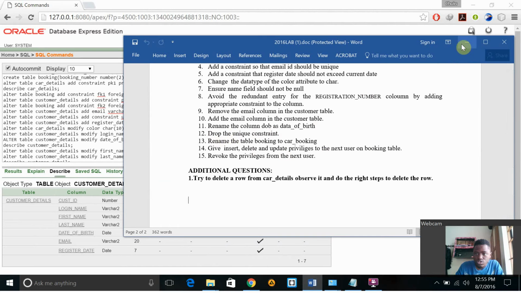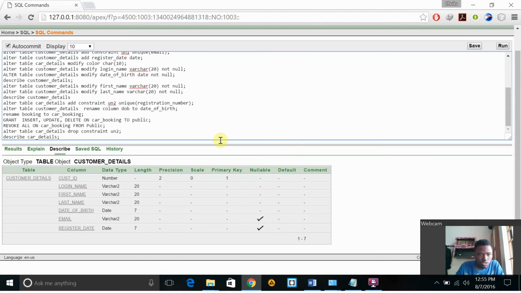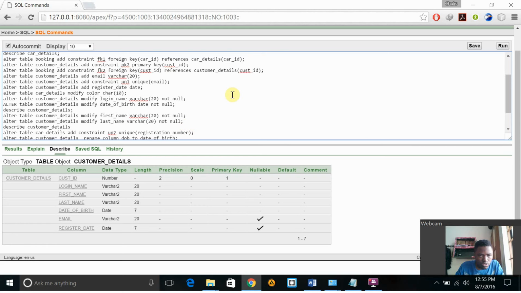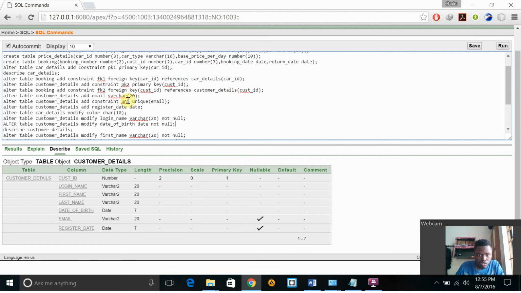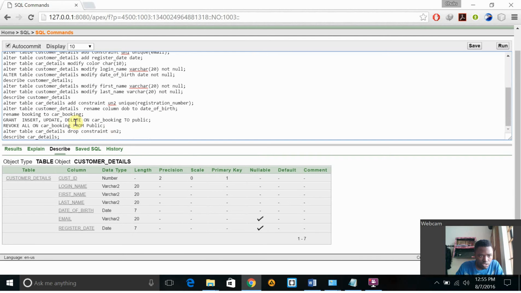Drop the unique constraint. Now to drop the unique constraint, first of all, what is the name of the unique constraint? I used UN1 for adding the unique constraint to the email. Okay, now to drop the unique constraint, I simply did alter table customer details drop unique constraint UN2. Okay, this is for dropping the second one, but if I want to drop UN1, I can do alter table customer details,